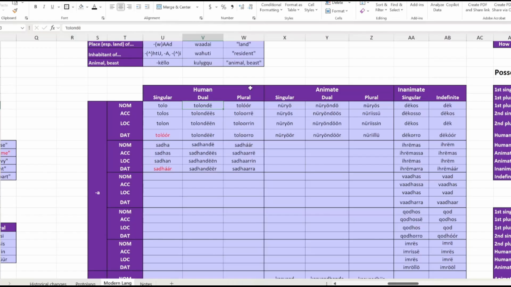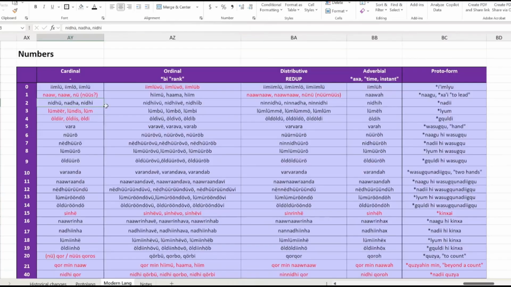But the more I thought about it, the more I think it would actually be more likely for it to take the plural, because the dual is coming from the numeral 2. And we've said that the numeral 2 is kind of inherently dual, because if we didn't, then we'd need to apply the dual suffix onto the numeral for 2. And thinking about it, it just feels more natural to me that that would, in the proto-lang, be associated with plurality. So when the classifiers are turning into the gender suffixes, they would originally come from sort of collective meanings